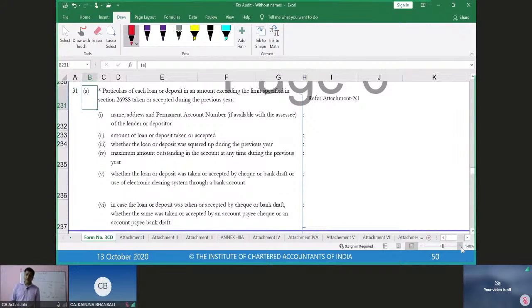So let's begin with the first one. And for the remaining, you will see the audit procedures are more or less in line with what we will do with the first one. So in case we understand the audit procedures around the first clause, this 31A, then we'll automatically get the clarity around the remaining clauses.